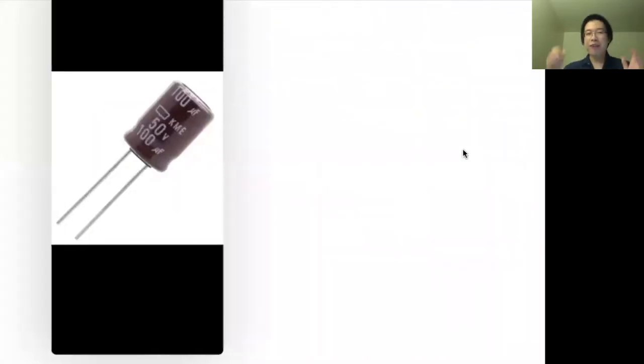If I take 2 kitchen pans and put them next to each other and connect them to a battery, in principle, yes, you can make a capacitor that way. By the way, the word capacitor probably comes from capacity, the capacity of storing charges on it.